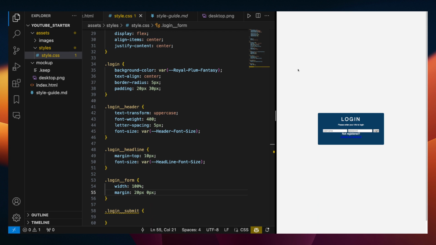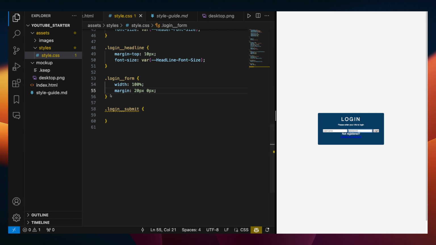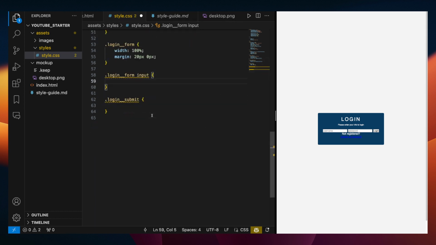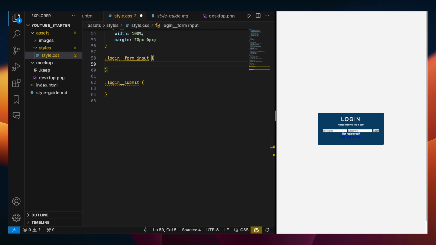Okay, from there, now let's actually move to the actual inputs of our form. And let's do login form input. So we're going to need to target at least both of them anyway. So now what we have here, let's add,